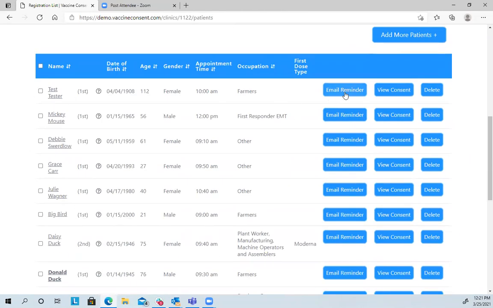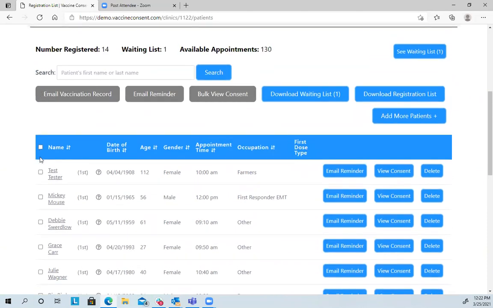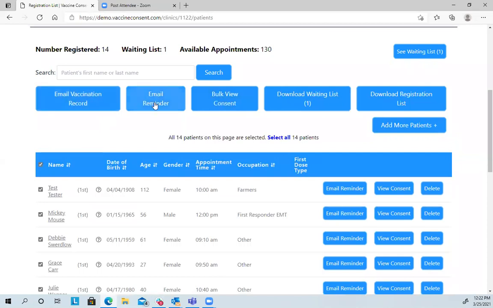If you wish to email them a reminder and it's an individual person who maybe called your office, go ahead and do so by clicking on their name. Everyone should receive an email reminder 24 hours in advance. If you click on this button, these in gray will light up, whether it's an individual person or everyone. And in that case, you could send everyone an email reminder. Select all to do so. You can also view all their consents if you choose. And afterwards, if they say they did not receive their vaccination record, which should automatically be sent at the end of clinic, you can click here to do that as well.